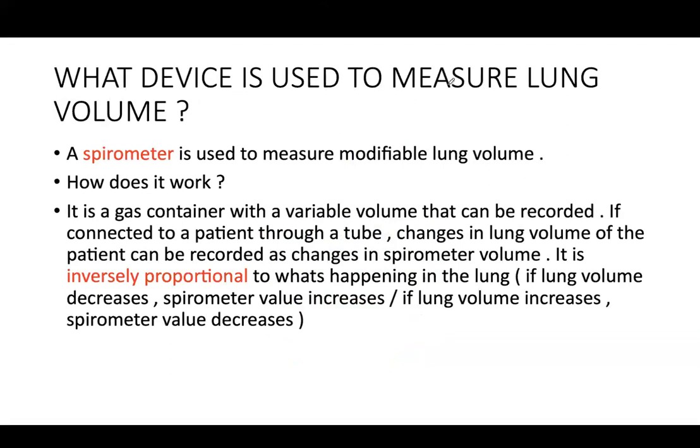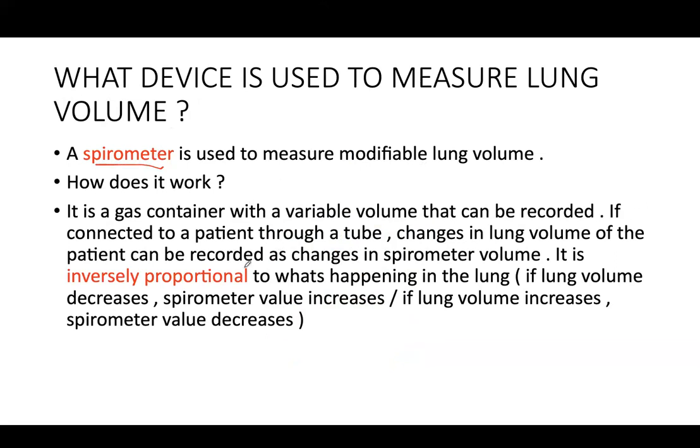What device is used to measure lung volume? So how can we measure lung volume? We're talking about expiratory, inspiratory, whatever. How do we measure it? We measure it with a spirometer, and it's just to measure lung volume. How does it work? It's a gas container with a variable volume that can be recorded. It's connected to a patient through a tube, and when the patient breathes, there's a change in lung volume,